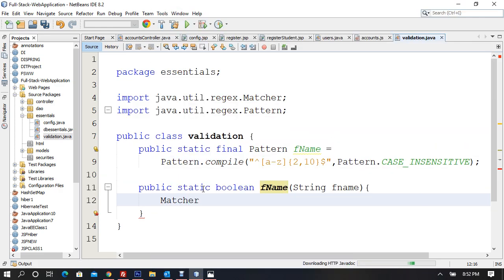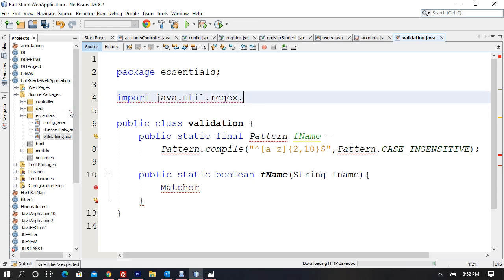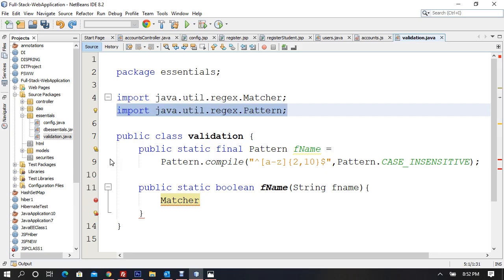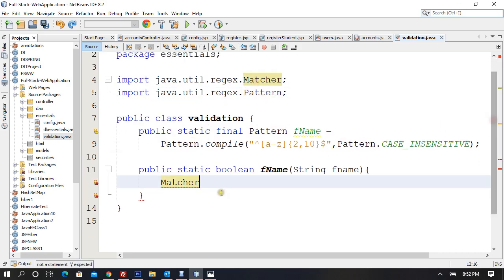It's again here, java.util.regex.Matcher. You can even say import java.util.regex.*, so it imports all. Star can also be done. It will import Matcher, it is going to import everything. Or you can import them separately by just hitting Control and space bar. Now I'll say Matcher,